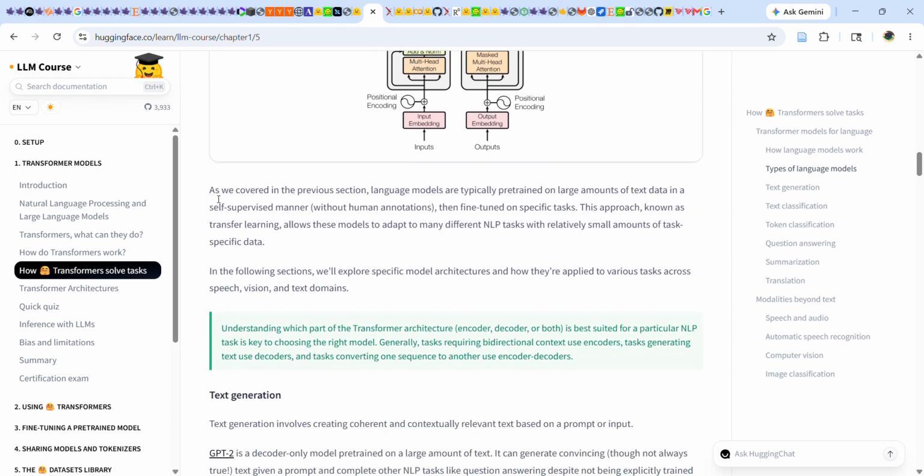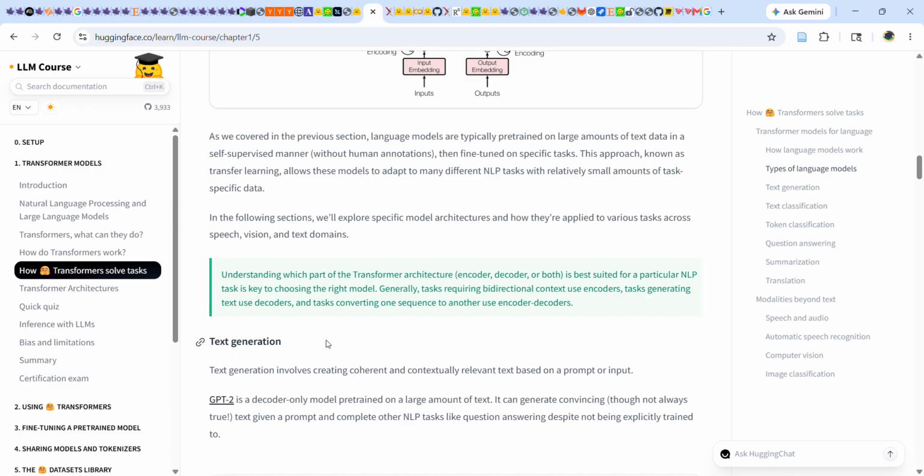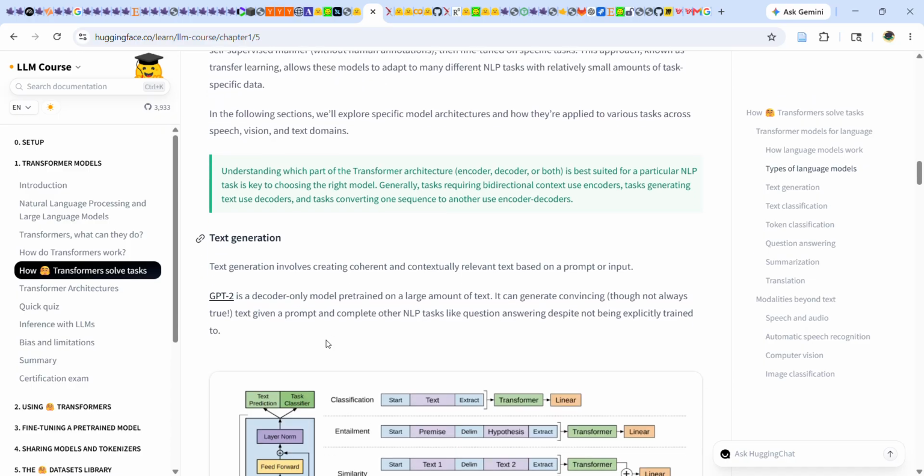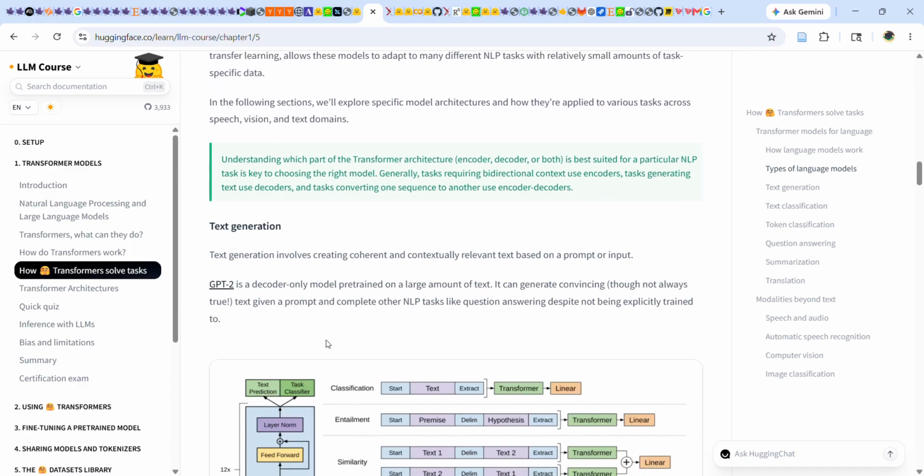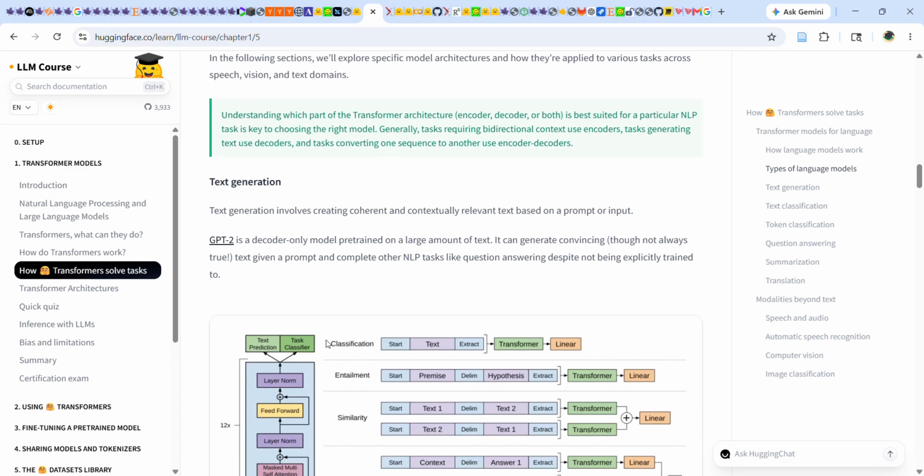As we covered in the previous section, they are typically pre-trained on a large amount of text data in a self-supervised manner, without any annotations, and then they're fine-tuned on specific tasks. This is known as transfer learning, allowing the models to adapt to many different tasks with a relatively small amount of task-specific data. Some model architectures and how they are applied to various tasks across speech, vision, and text domains. Understanding which part of the transformer is best suited for a particular NLP task is key to choosing the right model. Generally, tasks that require bidirectional context use encoders, tasks generating text use decoders, and